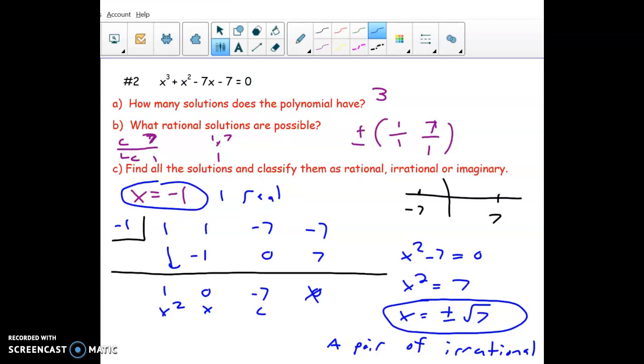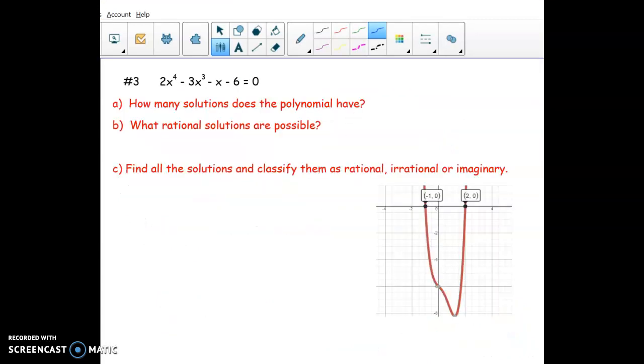All right, moving right along, we got two more examples here. And looks like I did the graph for you here just to save a little bit of time. Again, pause the video, give it a shot, and then you can watch your solution. All right, so 4 answers here because it's x to the 4th. For what is possible, you take the constant, which is 6 or negative 6, and the leading coefficient, which is